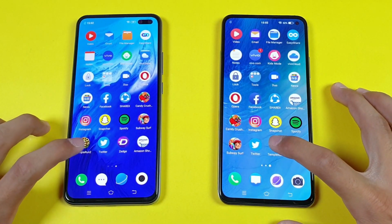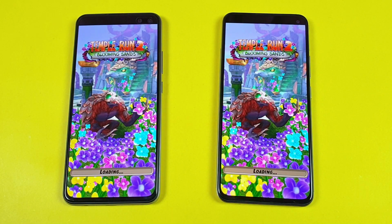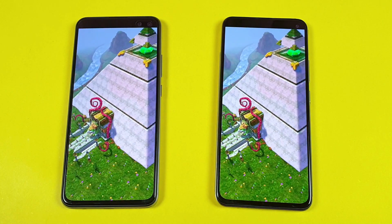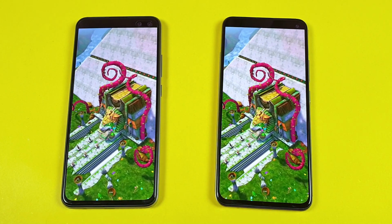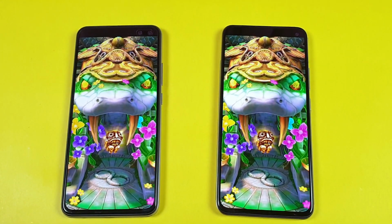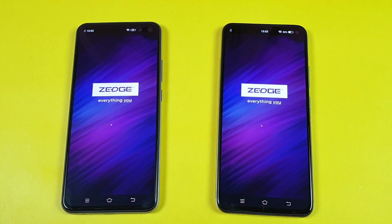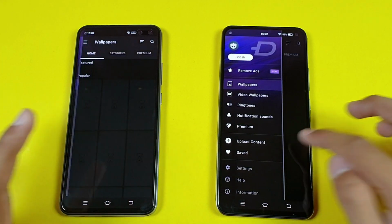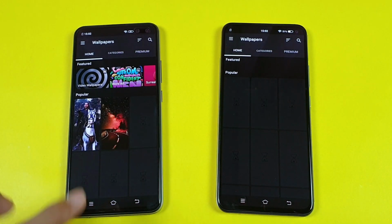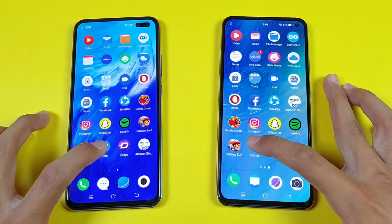So last game application we have is the Temple Run 2, and this time Vivo V19 is just a tiny bit faster there, about half a second difference between the Vivo V19 and the Vivo V17. This edge is faster on the Vivo V19, and now it is also done on the Vivo V17. Now let's see the Twitter,